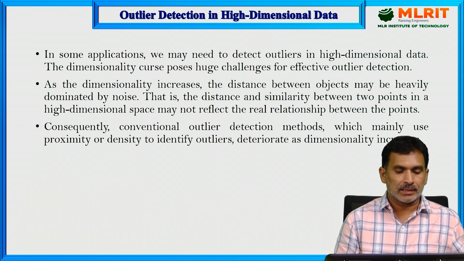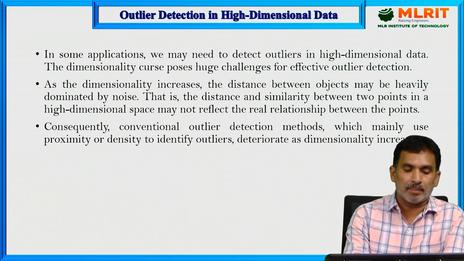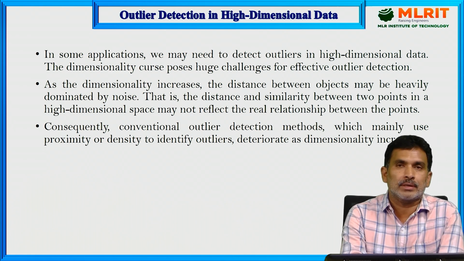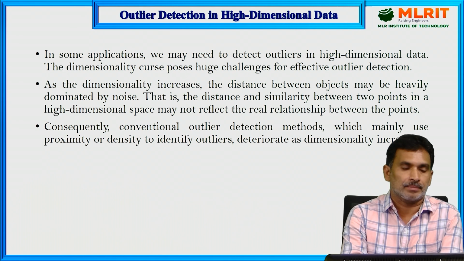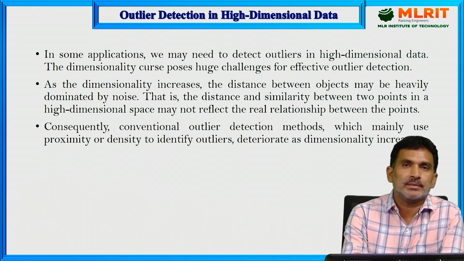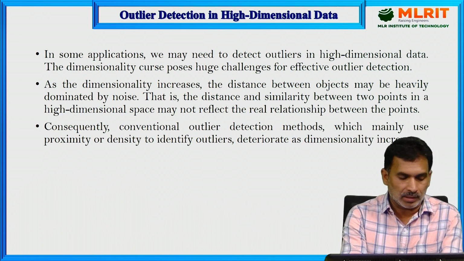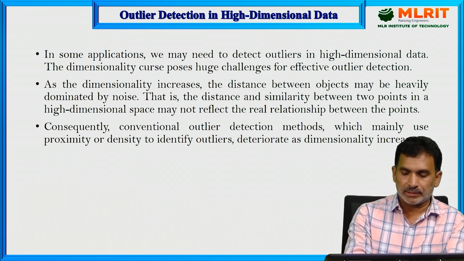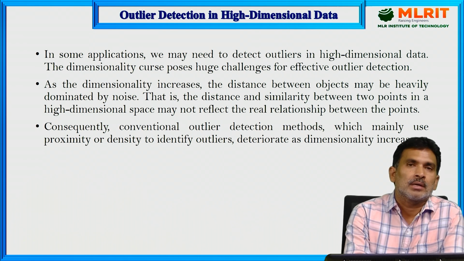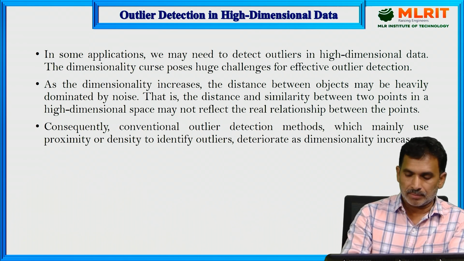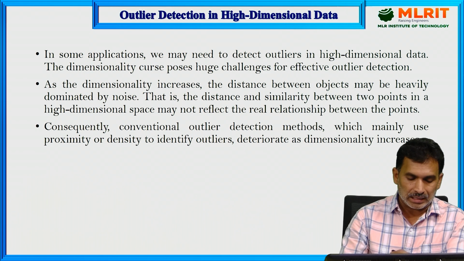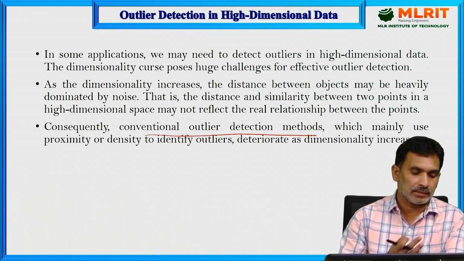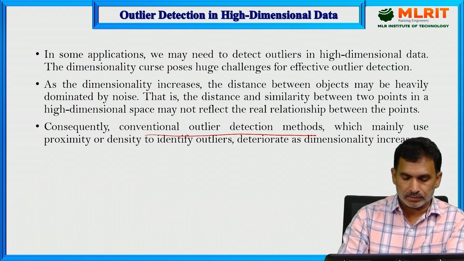In some applications, we may need to detect outliers in high dimensional data also. That is, the dimensionality curse poses a huge challenge for effective outlier detection. As the dimensionality increases, the distance between the objects may be heavily dominated by noise. That is, the distance and the similarity between two points in a high dimensional space may not reflect the real relationship between the points. Consequently, conventional outlier detection methods, which mainly use proximity or density to identify outliers, deteriorate as